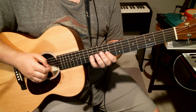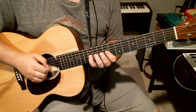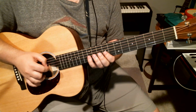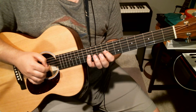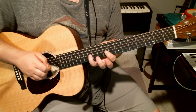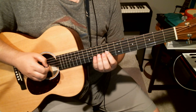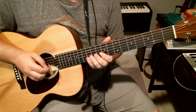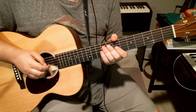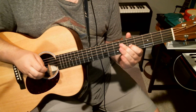The timing's a little, it's not really, but just in terms of the attack, I think he's pulling off there. It kind of sounds like a pluck, but I think it's just a really aggressive kind of pull off. So especially with your pinky like I try to do, that can be kind of tough to get that volume-wise. So nothing wrong with just plucking it if you want. But this note here, this last sequence here,